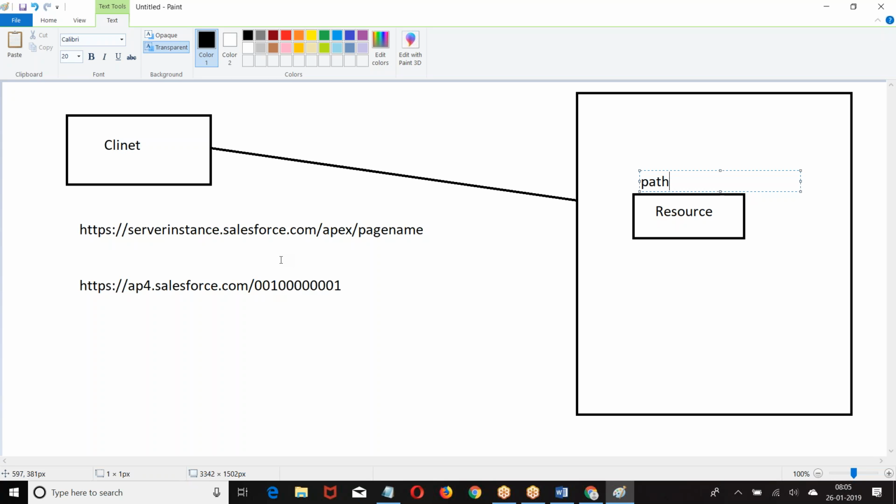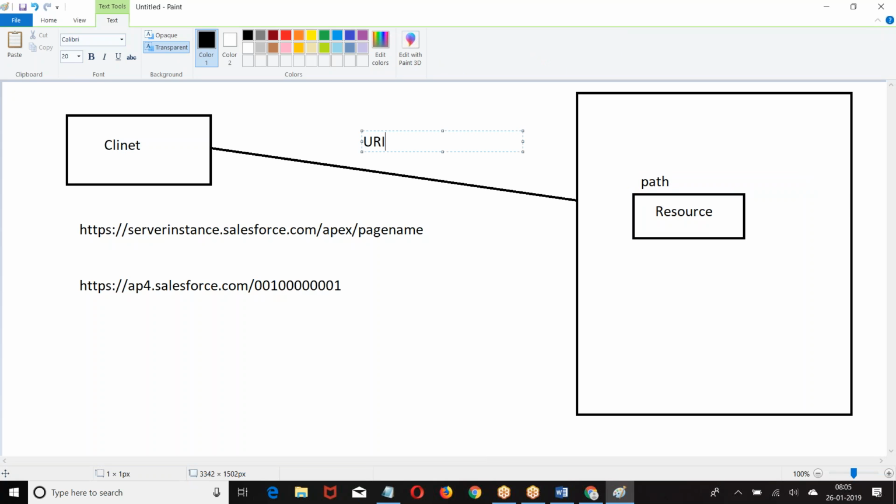A resource will be invoked in the HTTP protocol using the URI. The client will request the resource by using the URI. For every resource, there will be a path or a name.